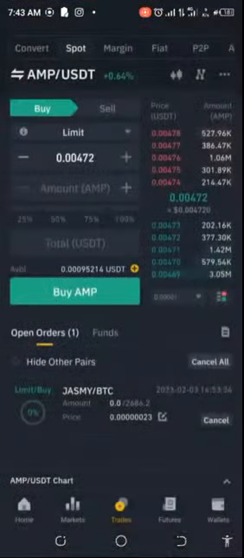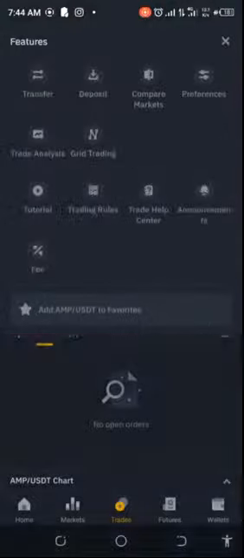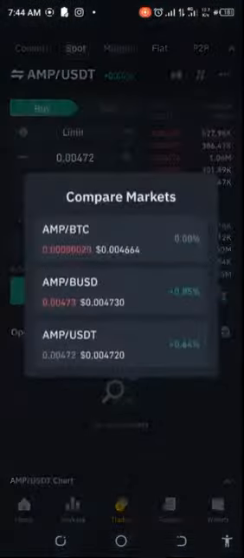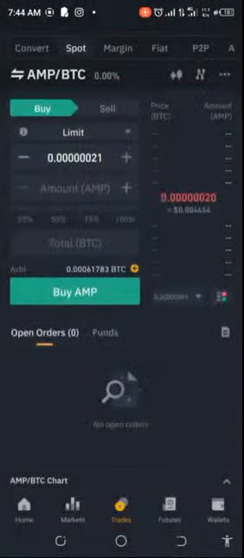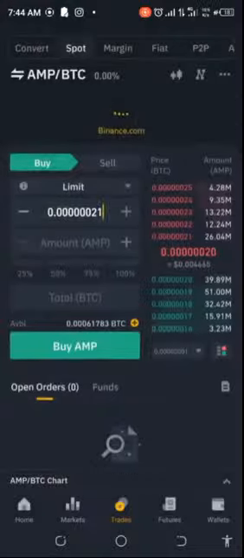Okay, so what I'm going to do first and foremost is cancel this trade. Once I cancel that, it releases back my BTC, and then I go ahead and do this for BTC. And let's hope that this works. So now what I'm seeing here is the current